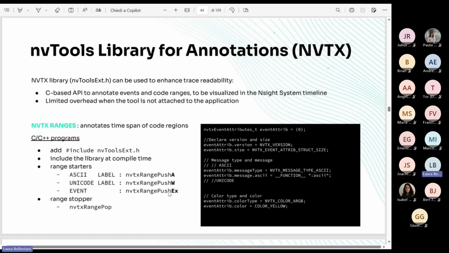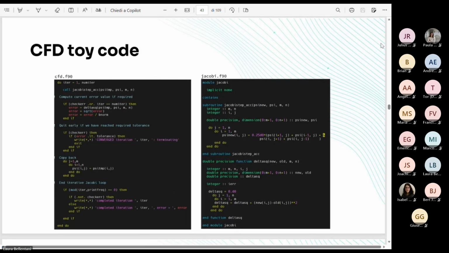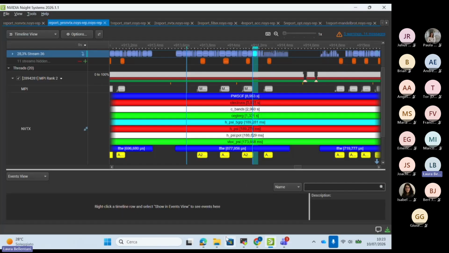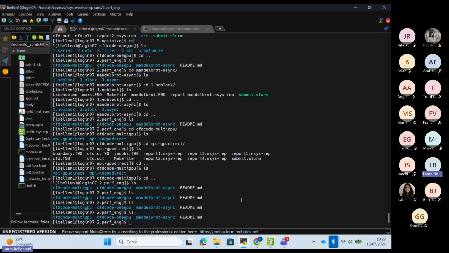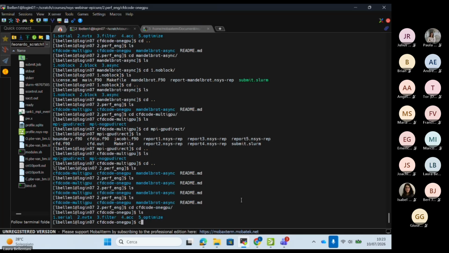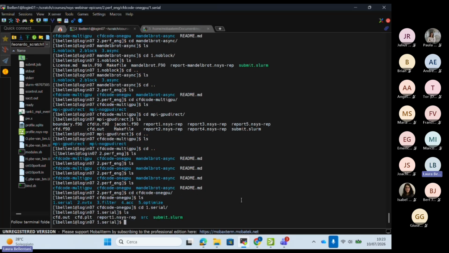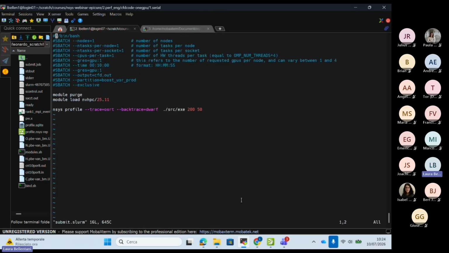Now, let's see how to do a, let's say, first porting assisted by Nsight Systems. So let's start with the serial version of the code. I won't go into the details of the source code. You will find all the source code available on our GitLab repository if you want to reproduce this demo. But now you just need to know that if I want to profile this specific code after compiling, I need